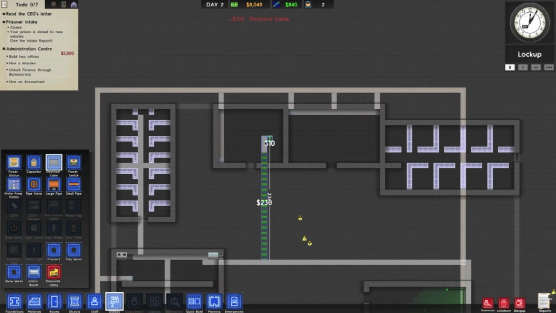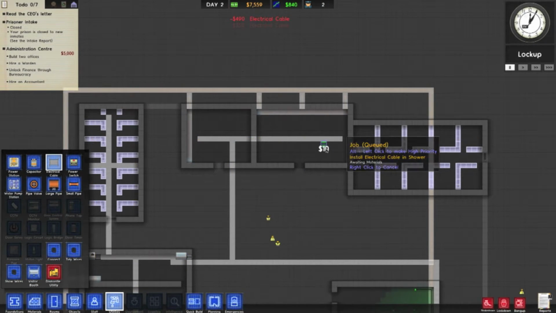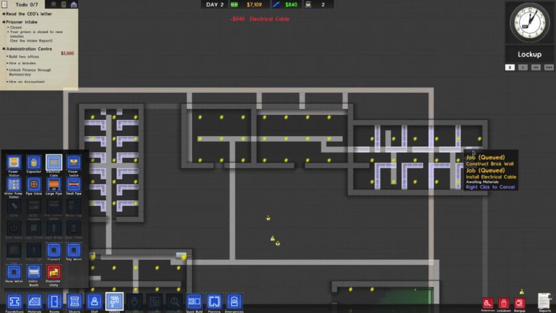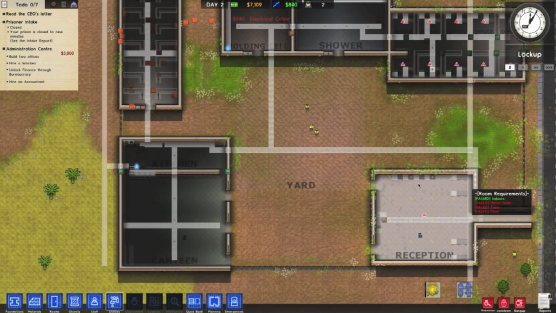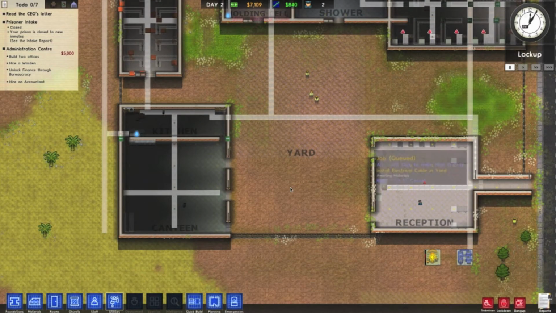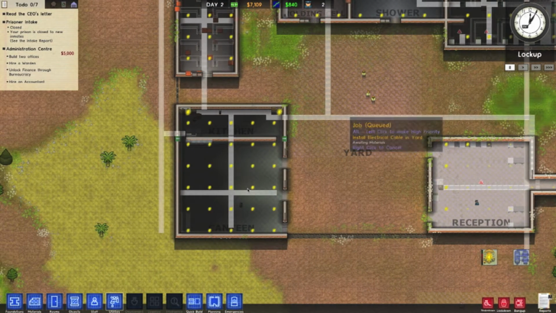I do enjoy playing this game though, so I hope you guys do enjoy it. We have to run power up through there. I do have very weird power strips, I'm not going to lie. It's just the way I like to do things. It's not really that bad. It's not exactly how electrical wiring is, but when it's underground, I mean, it doesn't